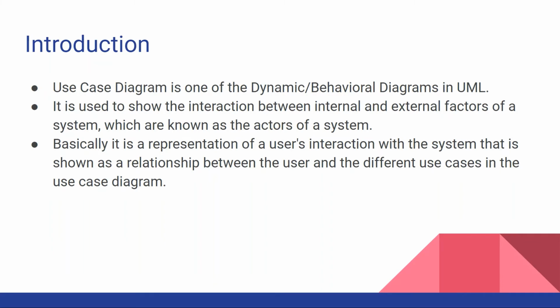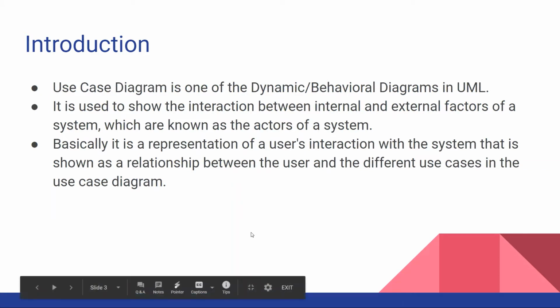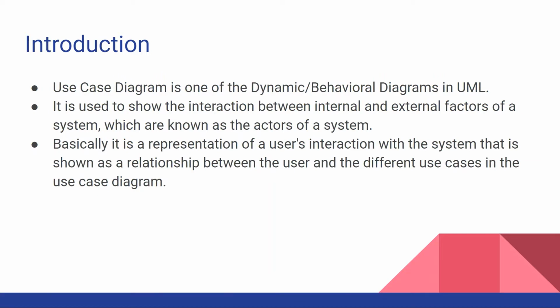So introduction. Use case diagram is one of the dynamic or behavioral diagrams that UML offers. UML is Unified Modeling Language, and behavioral or dynamic diagrams are when you actually create a model of a system and you want to know the dynamic behavior of the system, means what is actually happening behind the scenes or when the system is actually running. That will understand using behavioral diagrams. So use case is one of the type of dynamic diagrams, and there are many such diagrams like activity, sequence diagram, but in this video I'll show you about use case diagram.